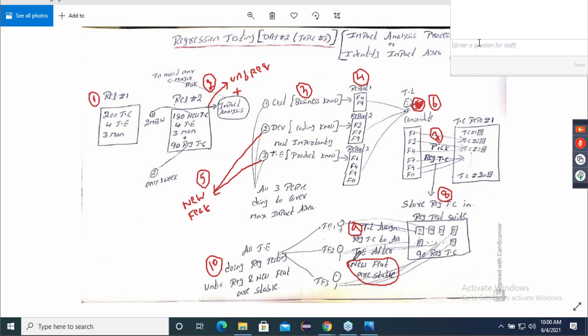Clear, no doubt. Good. First, you write the diagram. In an interview, when they ask you to explain the impact analysis process, if they ask what consolidate means and you don't know, that's a problem. Consolidate means whatever repeated things are there, I'll remove the repeated things and make it as one. That is called consolidation.